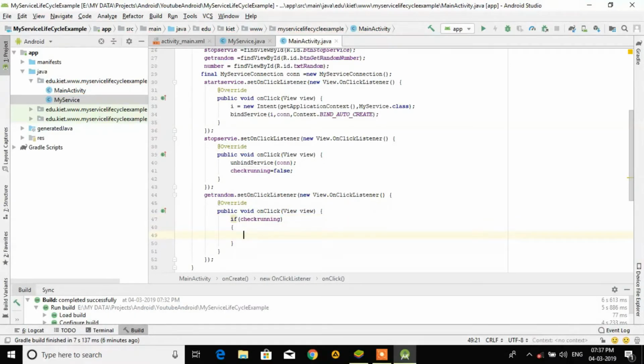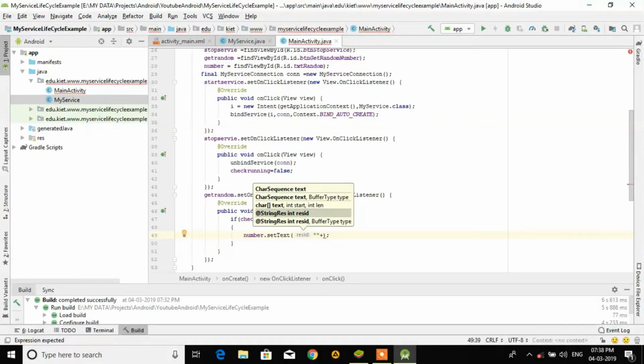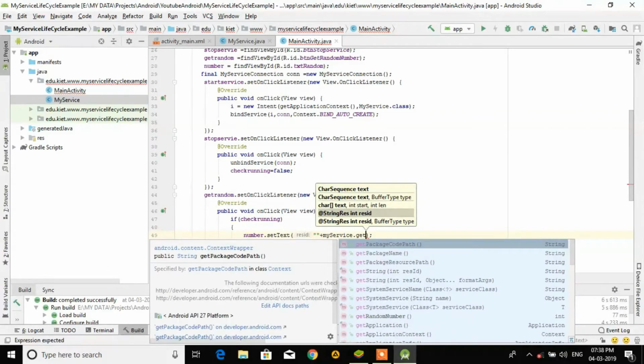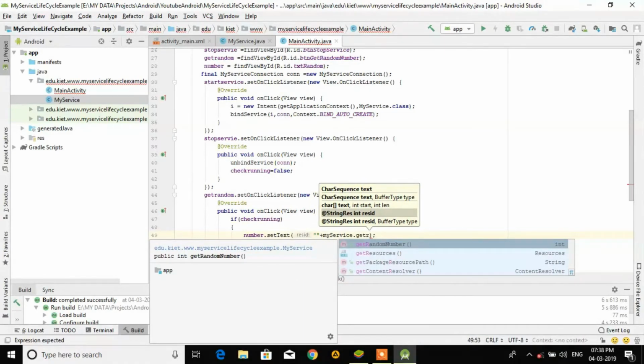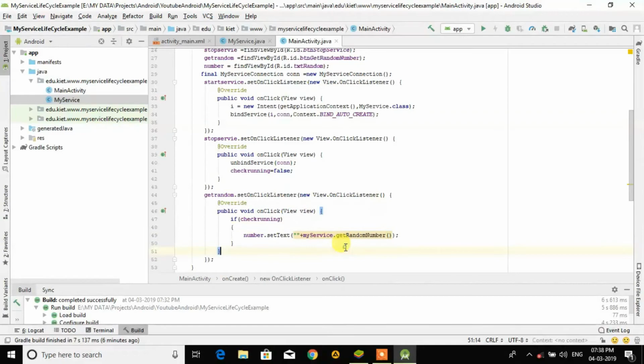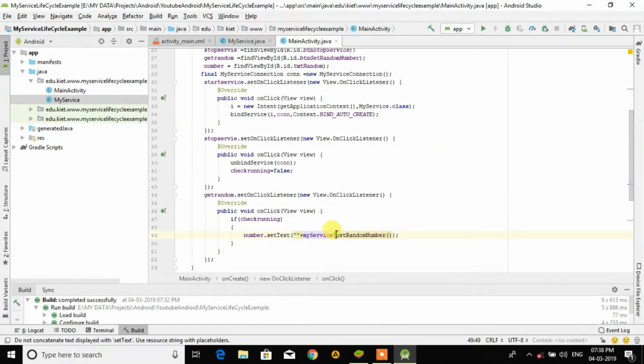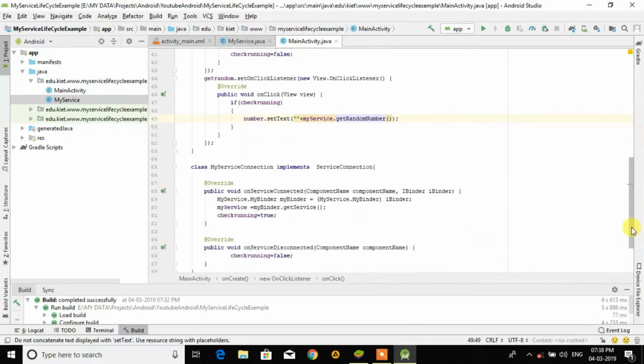Then we have to get the number in number.setText, and here we have to pass the value of the MyService class getRandomNumber function, which we have created. So this object of service, from here we get, and we are calling this function to return the random number in this activity. This is all about the coding.